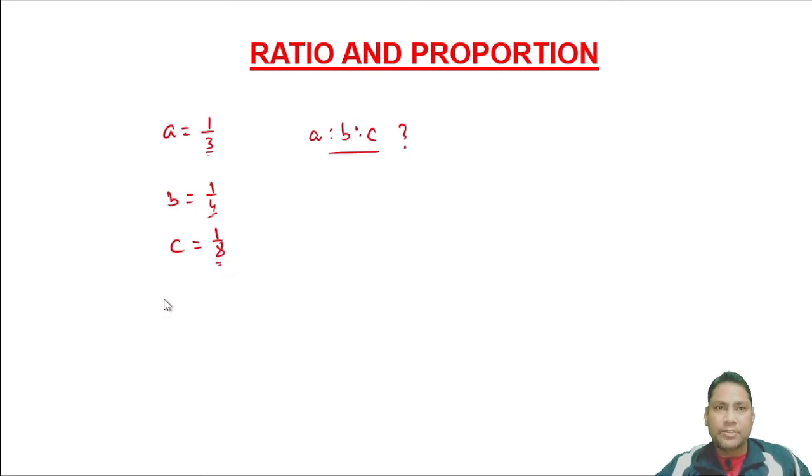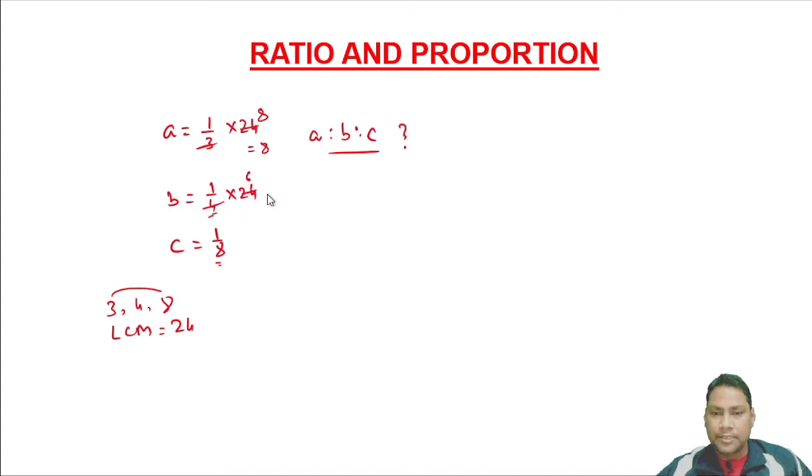That will be easier or simplest, so that we do not have to go to a longer solution. That will be easy for us if we take the LCM value of the denominators. The LCM of the denominators 3, 4 and 8 will become 24. Now we will multiply all the numbers by 24. Now we will cut 3 by 24, which gives 8. Here also multiplied by 24, this will become 6. Here also multiplied by 24, this will become 3.